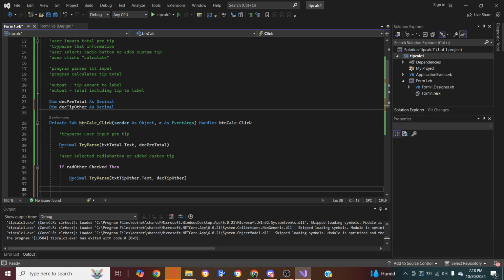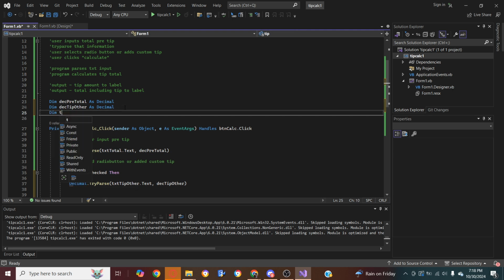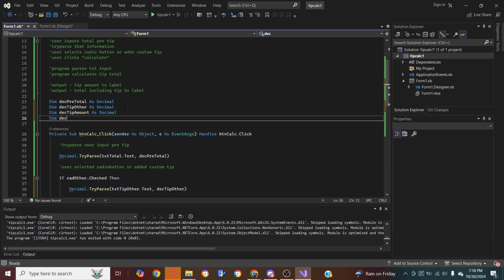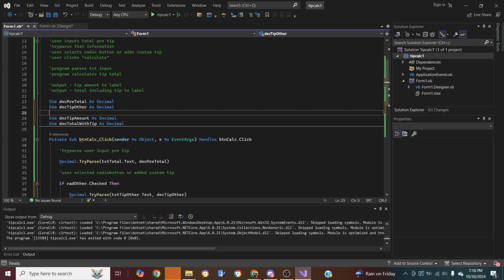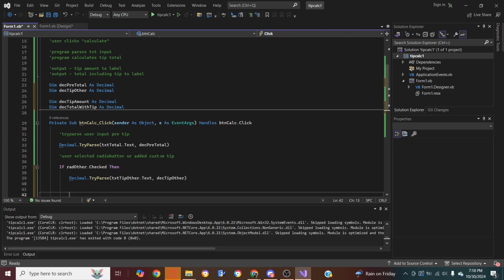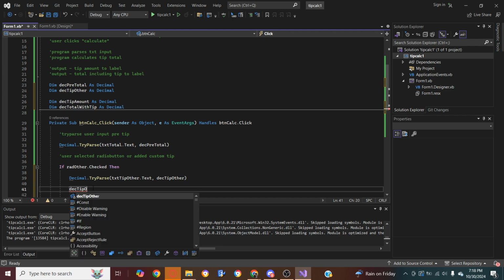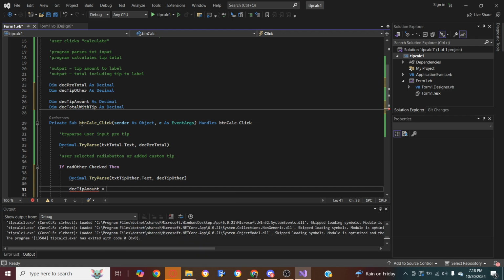So now we have the information. What we need to do is an equation. So now we do Dim decTip, tip amount as decimal, and then Dim decTotalWithTip as decimal. I think that's enough. So let's see if all that works. So we'll do decTipAmount equals,